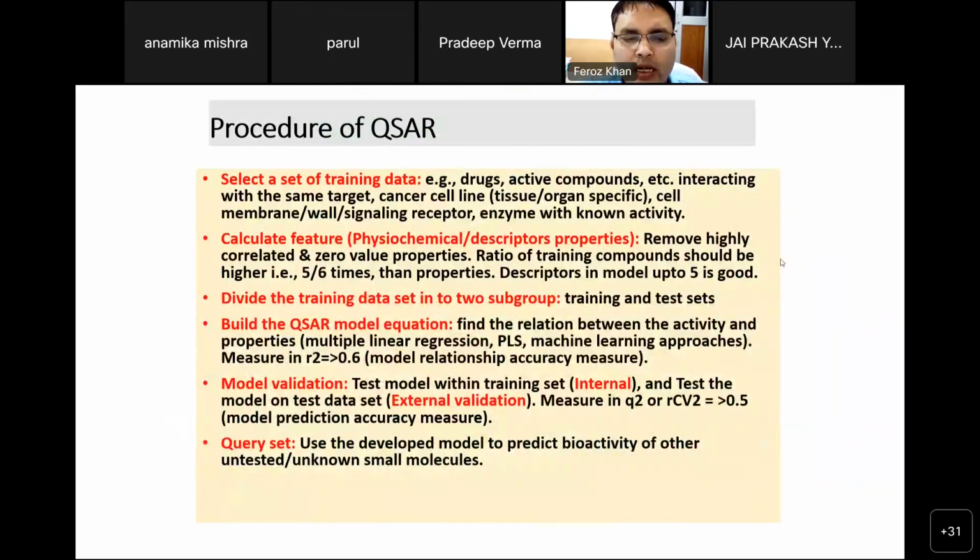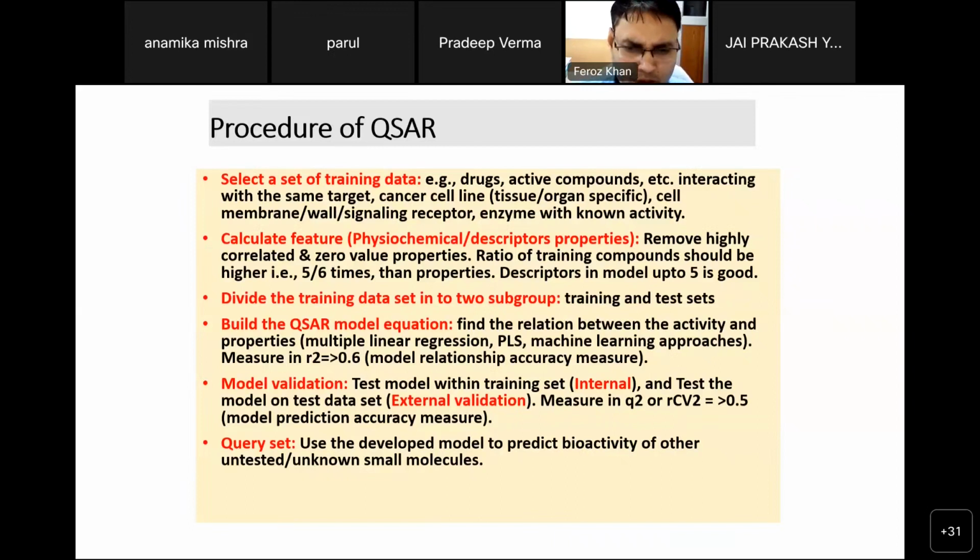Once we find the leads, at the end, that it's a cell-based assay bioactivity data. No target specific information is there. So you have to initially select which type of activity you are taking from the literature or the database. That is the more important part. Try to normalize it, and normalize means take a logarithm of the activity in a molar concentration form, and then make a relationship, a model validation part.